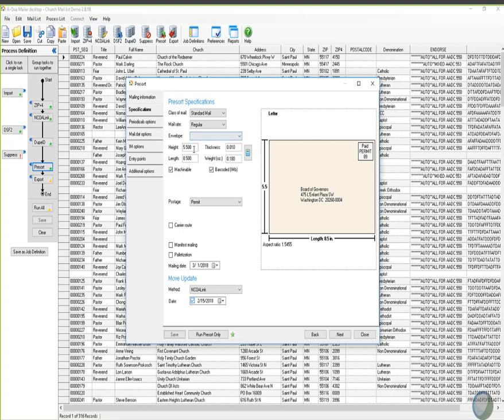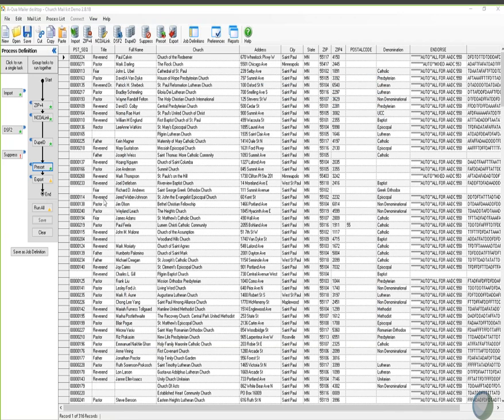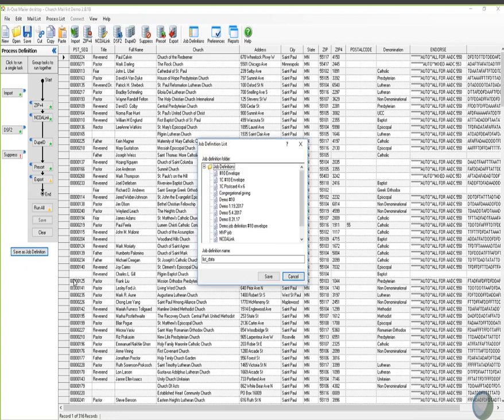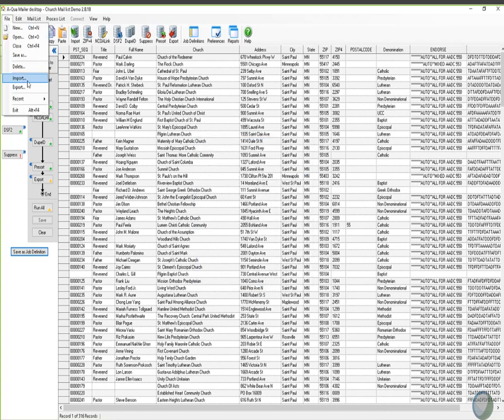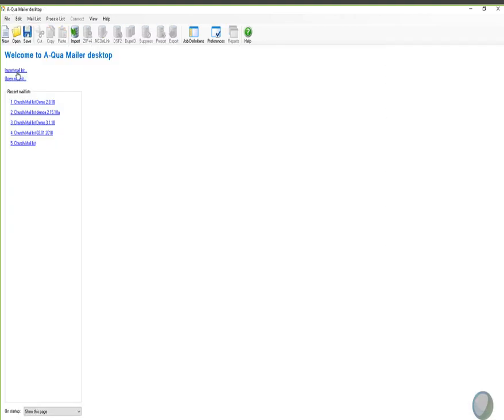Oh, this was a letter, but it was a 5.5 by 8.5. So I'm doing this letter for ABC Company. They always do this 5.5 by 8.5 postcard at this time of year. I can save this as a job definition. So all of this information is current and proper. I can click Save as Job Definition, and I can give it a new name, and we'll use today's date again, and save. Now the next time I import this, let's close, and I'm going to import a mail